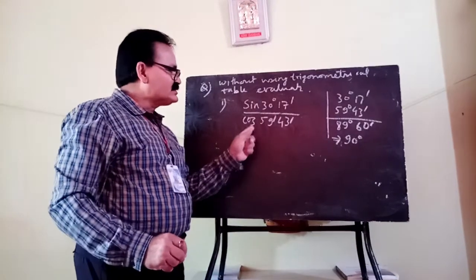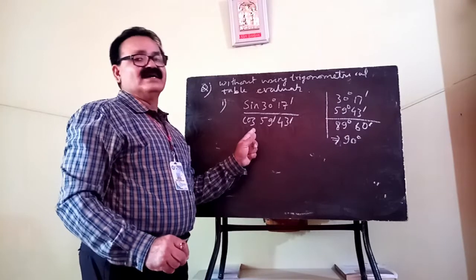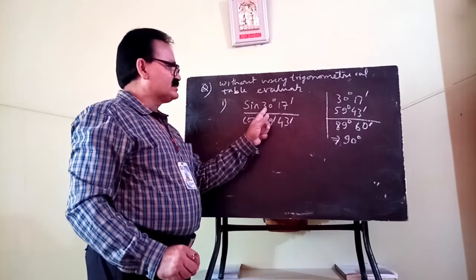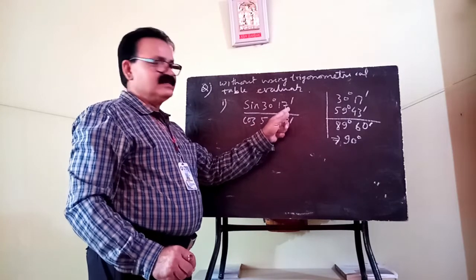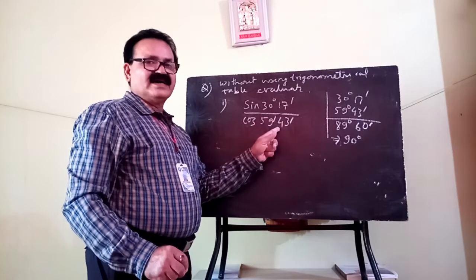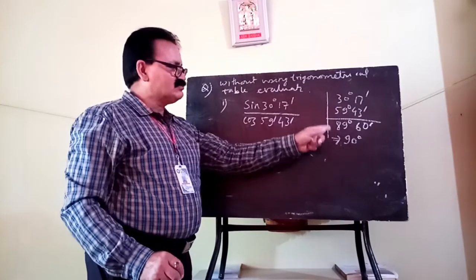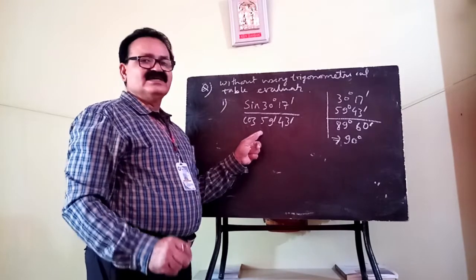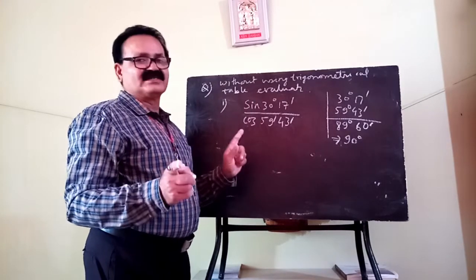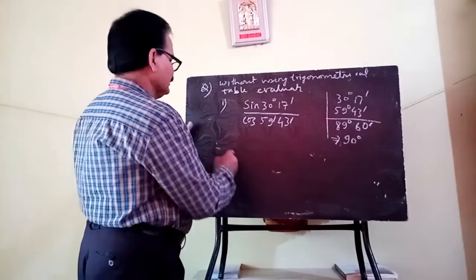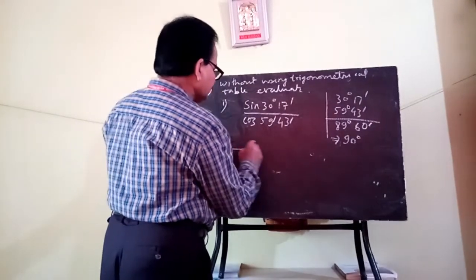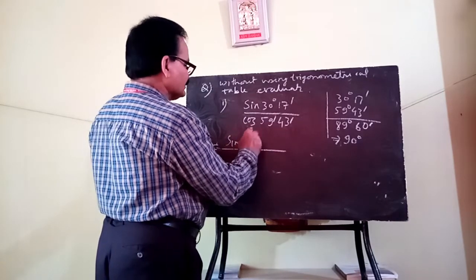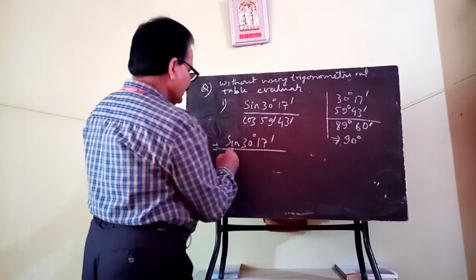So now what is your step? You have to convert any one. Either you convert the value of 30 degree 17 minute in terms of the denominator by subtracting, because the sum of these two angles is 90 degree. So in this type of question, you have to change only either numerator or denominator, depending upon you. So here I may change the denominator. I am putting the numerator as it is, that is sin 30 degree 17 minute.